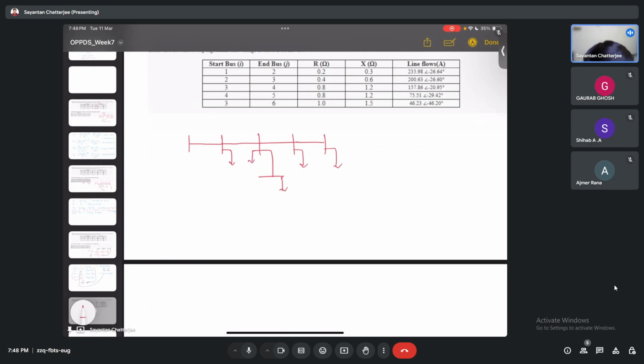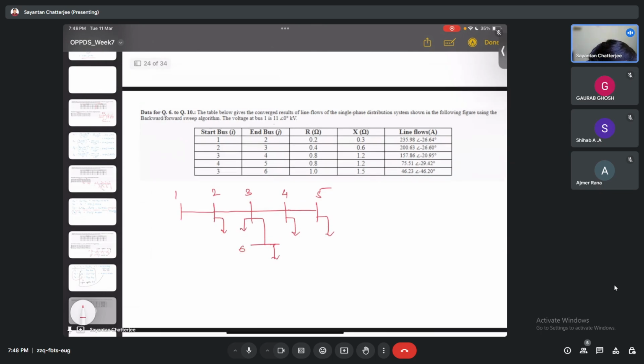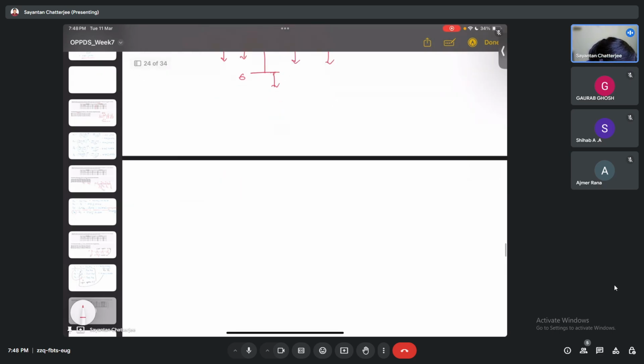Okay. So this is 1, 2, 3, 4, 5, and this is 6. Node 6. These are the loads. But here the bus voltage, bus 1 kV is 11 angle 0 kV. This is same as that of the previous one. But what are given is the line flows, means the line currents are given. And what we need to find out is